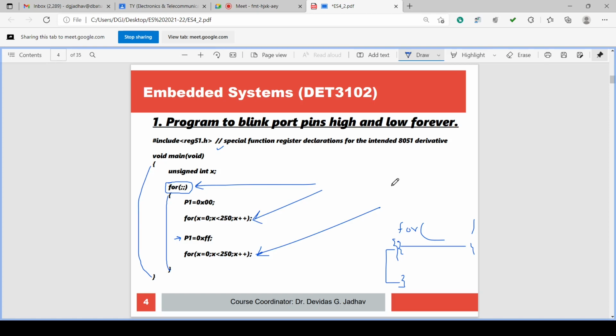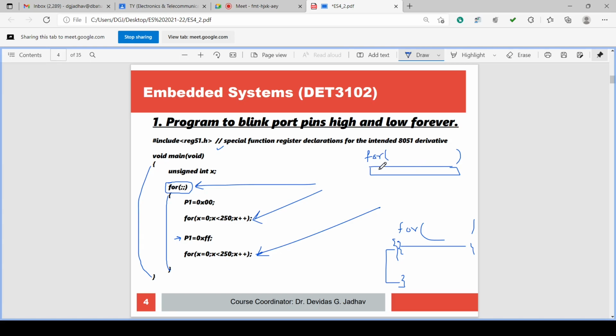Two different for loops: one ends with a semicolon delimiter and the other has no delimiter. Suppose you write the for loop with round brackets containing initialization, condition checking, and so on, and at the end of the for loop there is no semicolon, so no delimiter. Therefore the immediate next instruction will be executed along with the for loop.